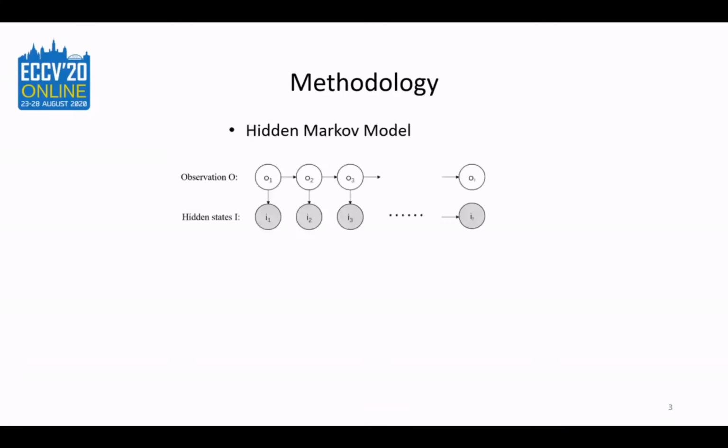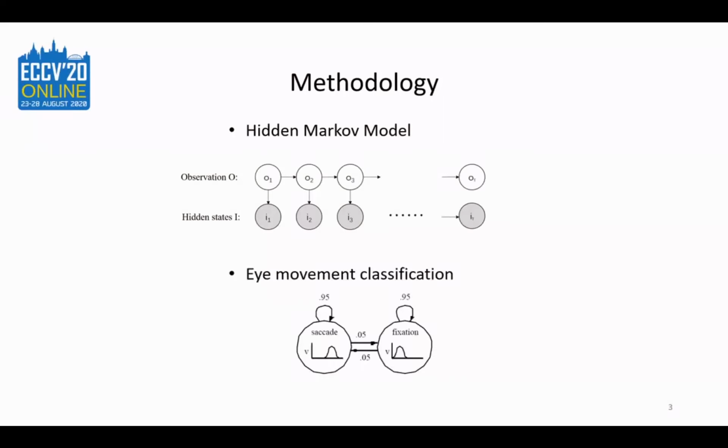Now we start to present the methodology of our work. The hidden Markov model is a statistical model for time series based on the Markov process with hidden states. The principle of the hidden Markov model is to determine the hidden state with a maximum probability according to the observation sequence. Generally speaking, it relies on distinguishable probability distributions of features to correctly define different hidden states. In the case of eye movement classification, the probability distributions for different movement types are usually represented by continuous Gaussian distributions.